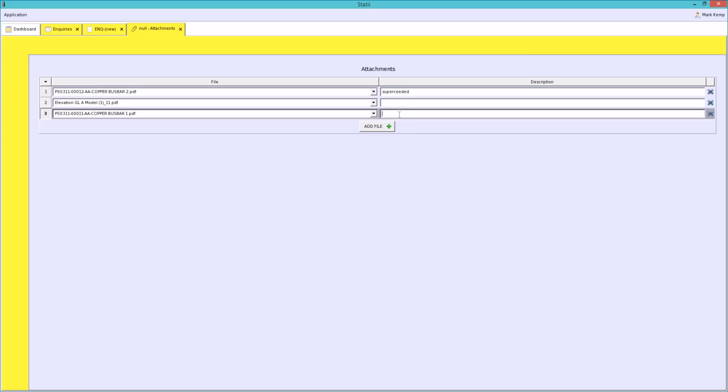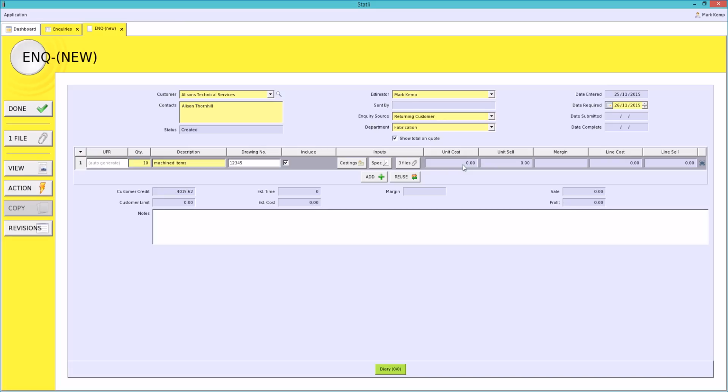Because we do have to keep all the drawings, you can see they are there on the server, and they're there for the life of the part. Fantastic. Okay. So what I've just tried to demonstrate to you there, before I price up this job, is